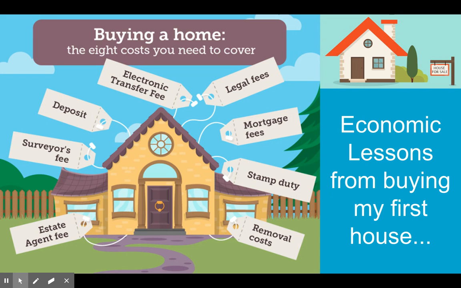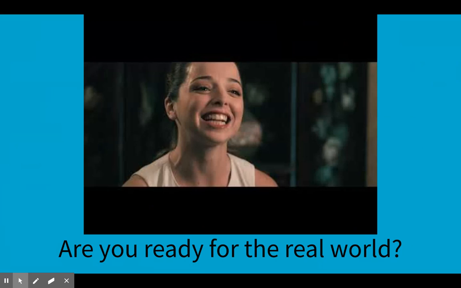So there are some serious lessons that could be learned, not just in buying a house, but in understanding the housing market, because it affects everybody, whether you realize it or not. If the value of houses is going down, even if you're just renting, then rents might drop. But rents are not entirely controlled by the housing market. It could fluctuate rents and how much you're paying just to rent. It might be cheaper to buy a home than to rent, depending on whether the market value drops. So there are all kinds of economic lessons that could be learned from buying a home, and I certainly learned mine.